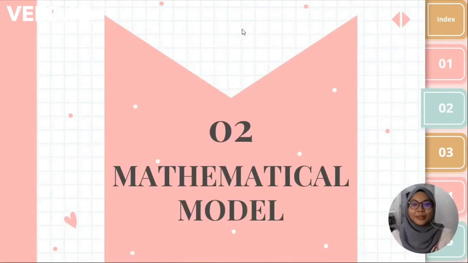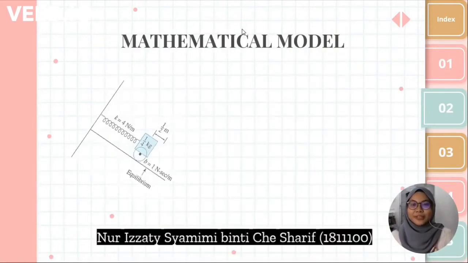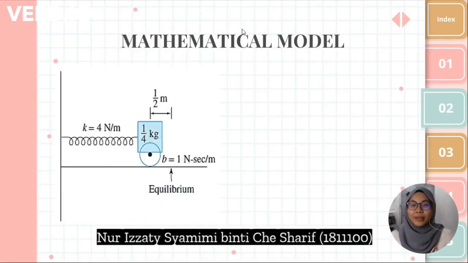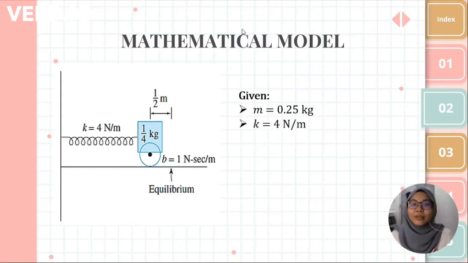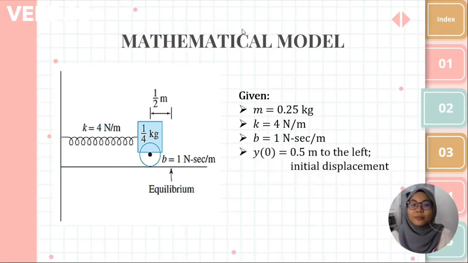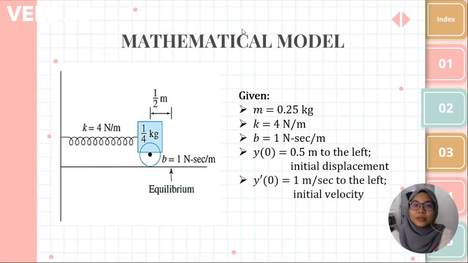Next is mathematical model. The figure shown in the slide is a damped mass spring oscillator system. The system consists of a mass of 0.25 kg attached to a spring. The stiffness of the spring is 4 Newton per meter and the damping constant is 1 Newton second per meter. The mass is displaced 0.5 meter to the left and the initial velocity is given 1 meter per second to